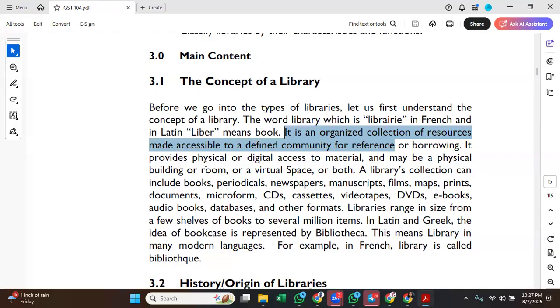Now, it provides physical or digital access to material. So it's not only books that you can touch, paper books, printed books that are available in the library. We also have,